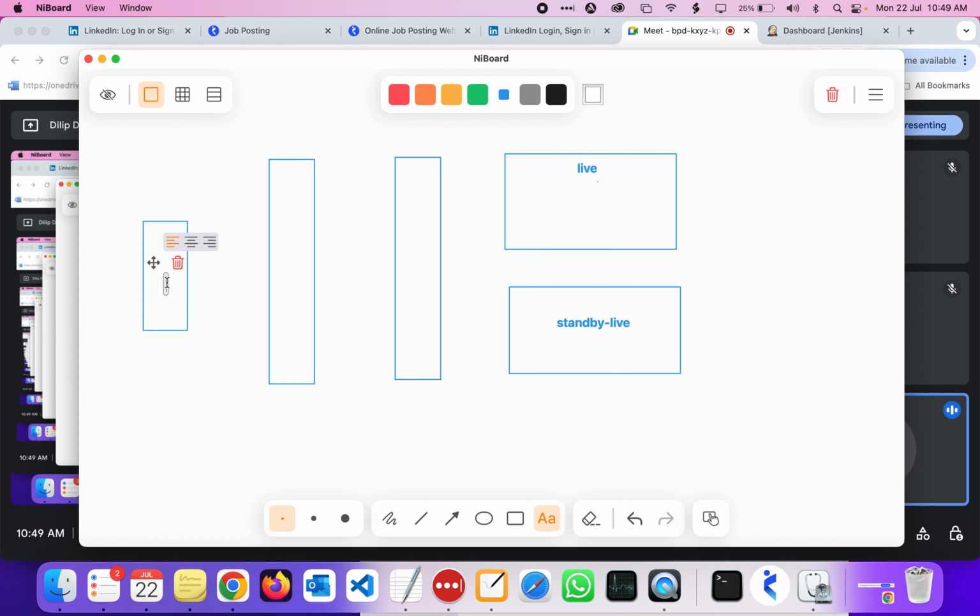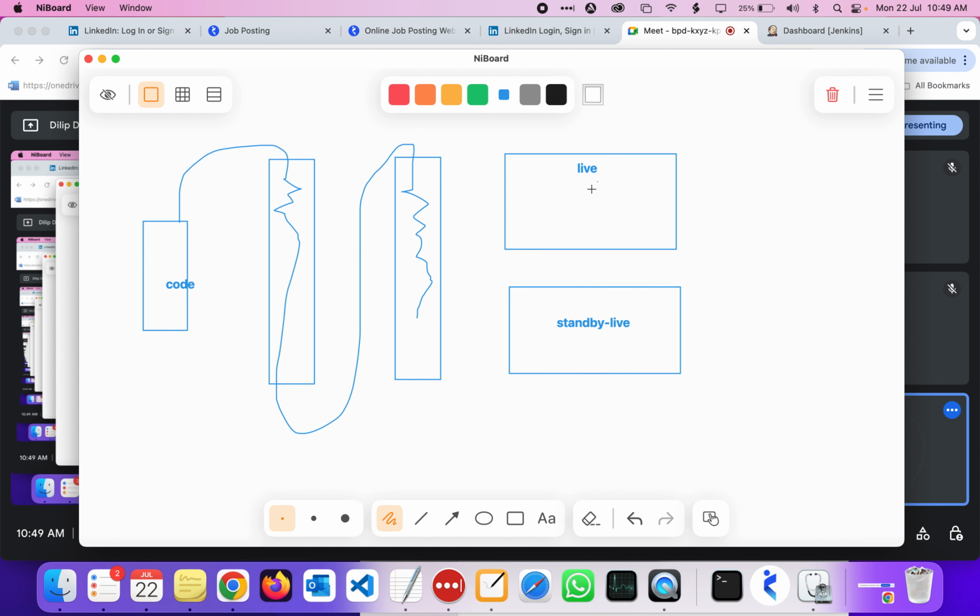Now whenever the code is checked in here, it will be tested on top of the dev environment. If everything is passed, it goes to the staging environment, and once everything is done there, the changes will be deployed to prod. This is the prod, but here or here,